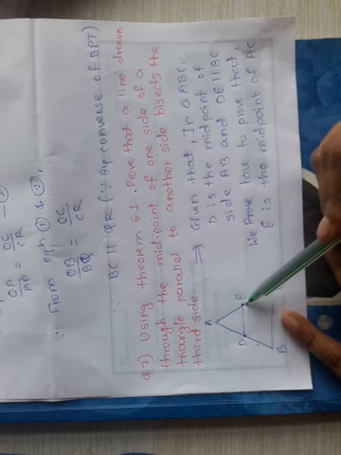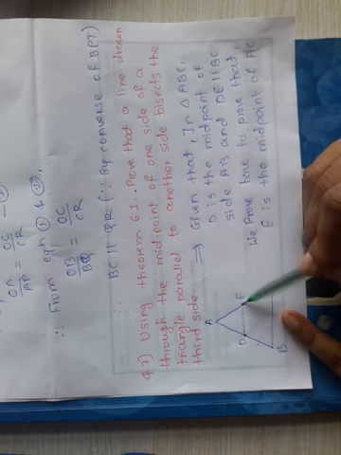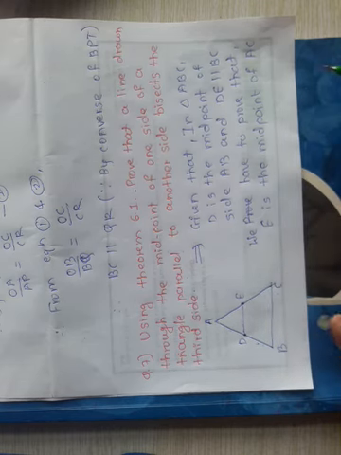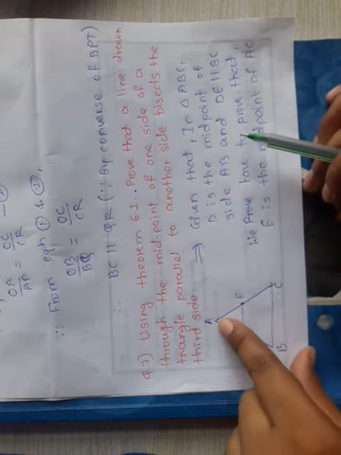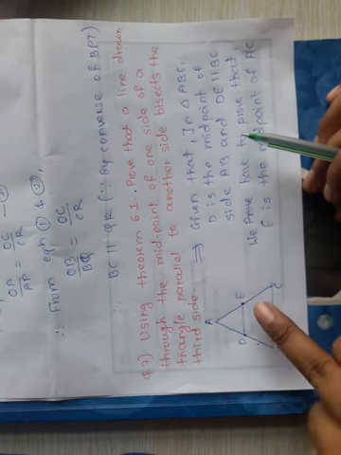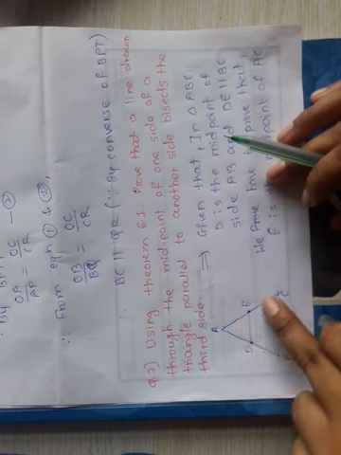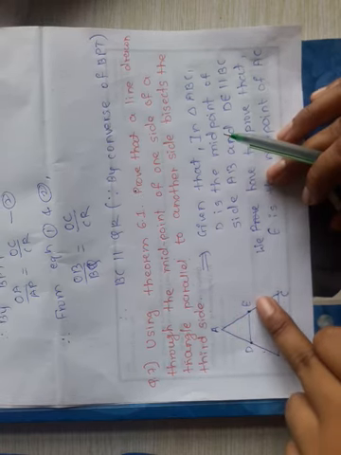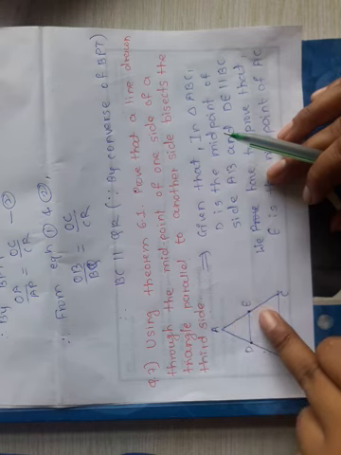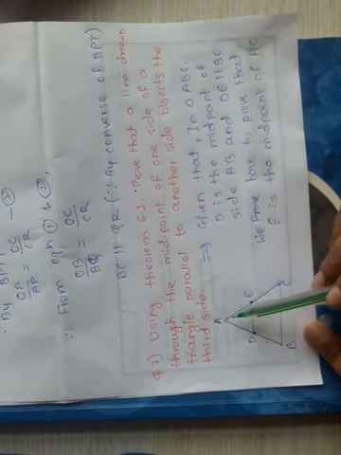If we get AE is equal to EC, meaning what? E is the midpoint. So what condition do we require? We require the condition AE is equal to EC. Once we get AE is equal to EC, then we can say that E is the midpoint, because these two parts are equal. This E point divides this AC side into equal parts. So we must find out AE is equal to EC.